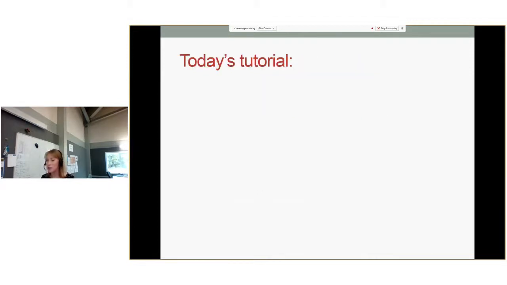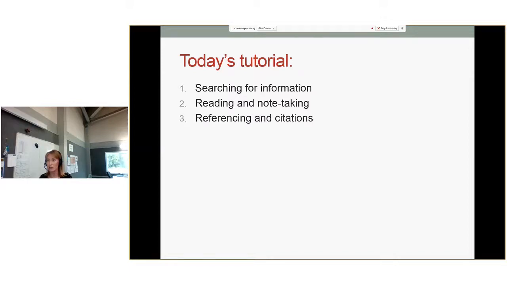Okay, so for today's tutorial, what I thought we could go through is quite comprehensive, from the starting point of searching for information that you can use in your assignments and your essays, then the process of reading and note-taking, which I think is often overlooked. Then we're going to look at referencing and citations. And finally, just a few tips on writing essays.